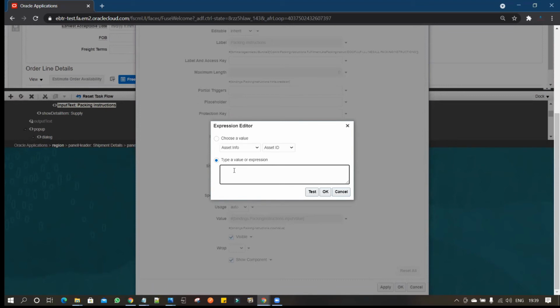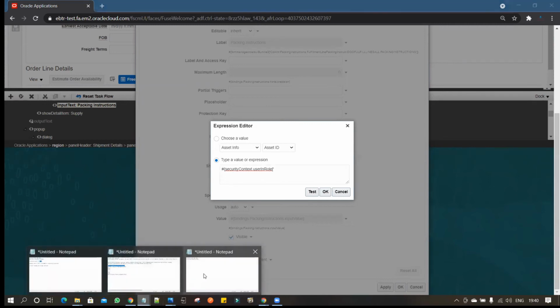Now, to add the expression, you have to type hash, and then you have to type security context dot user in role, add bracket, and then we have already copied one of the custom roles.